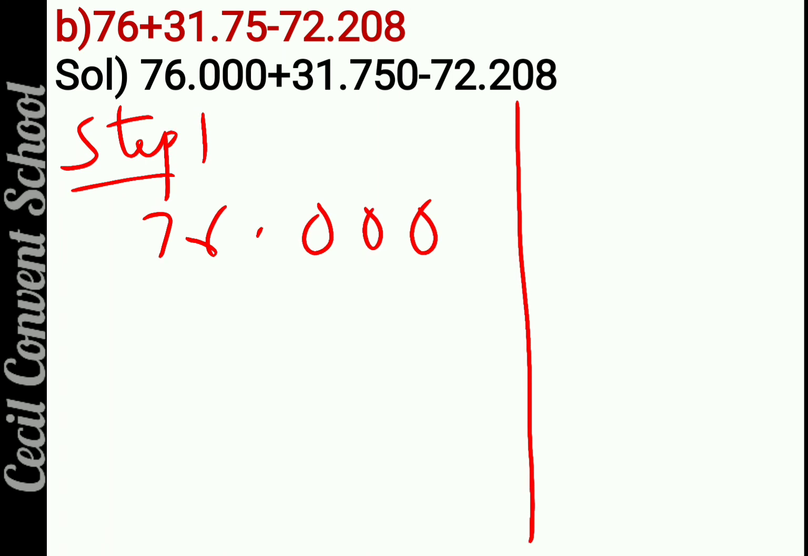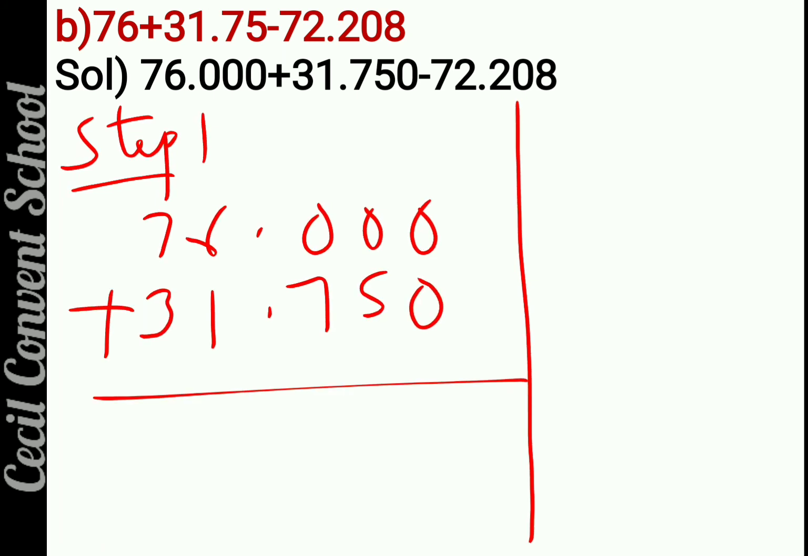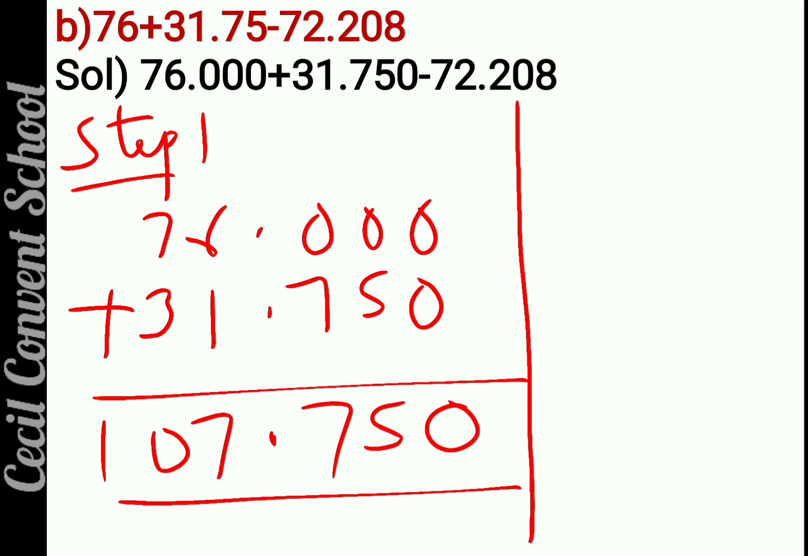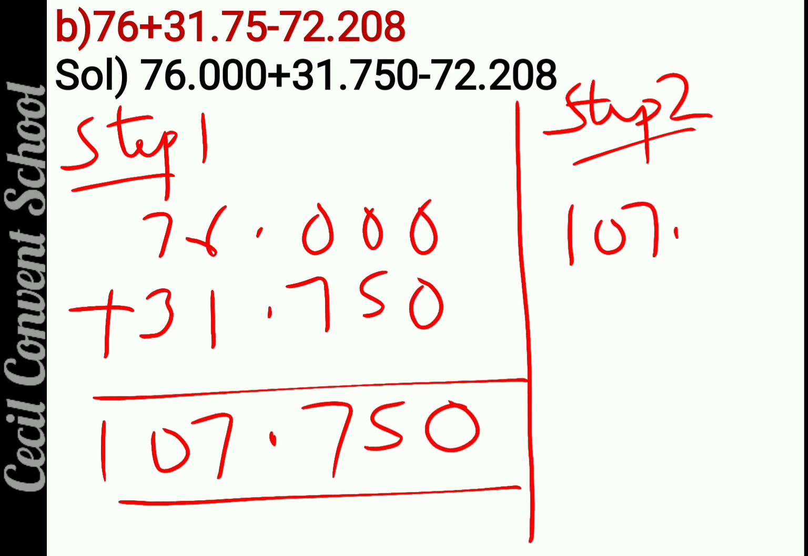76.000, then 31.750, plus them. Answer comes 107.750. Clear? Now from here we have to minus